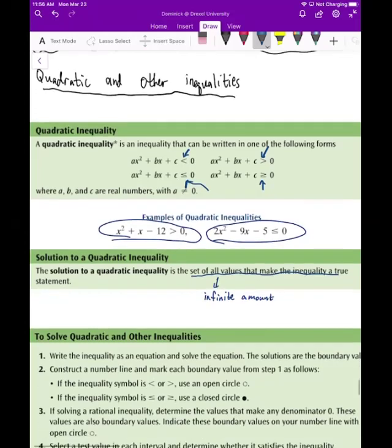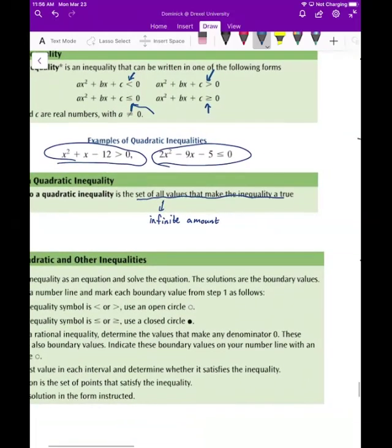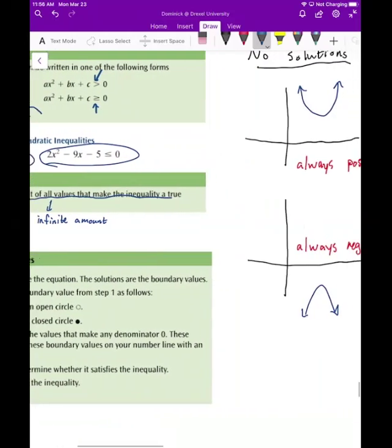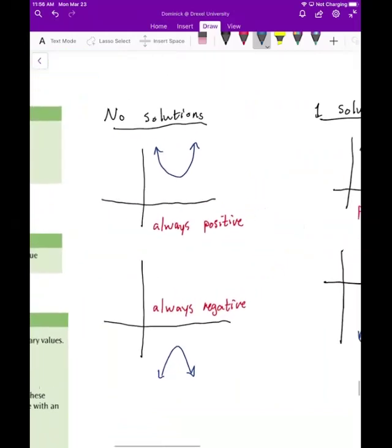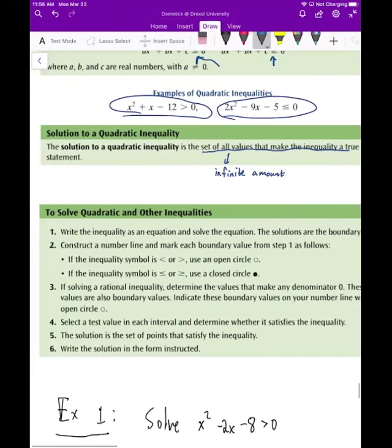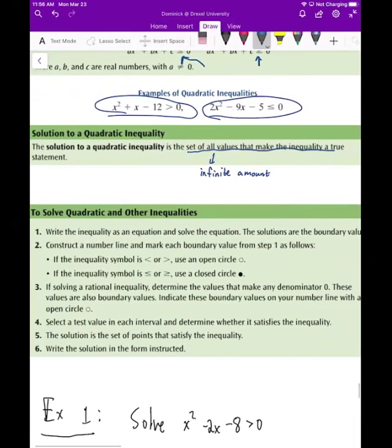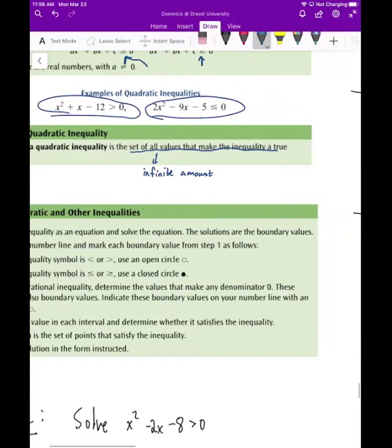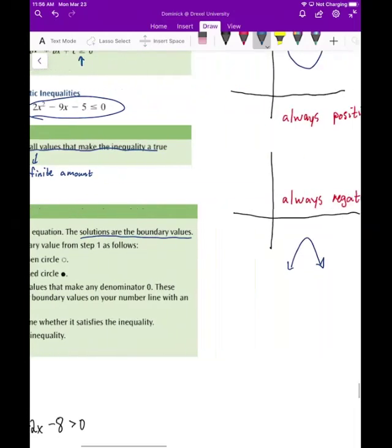Now, what I want to stress before we get to the step-by-step process is that you are going to have three scenarios. And one thing we can say is that the first step in solving these is to treat this as an equation first. What you get for your solutions are the boundary values. Now, in order to extend this idea from what we currently know,